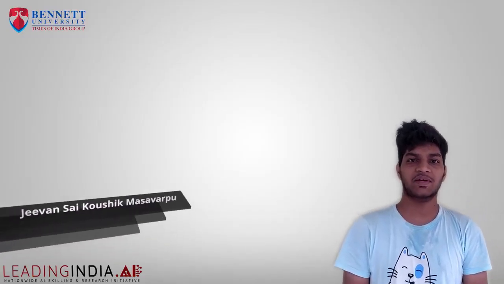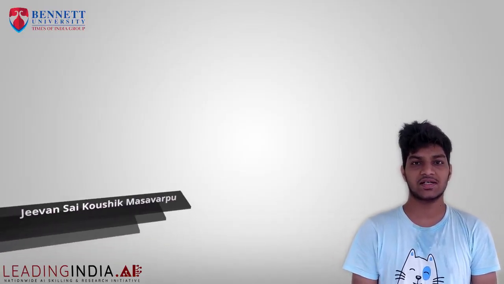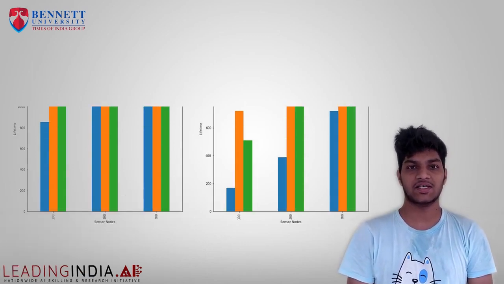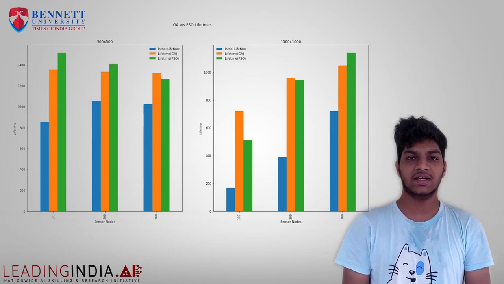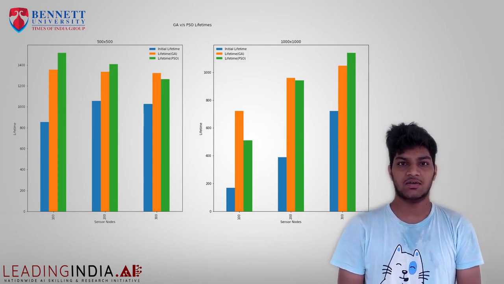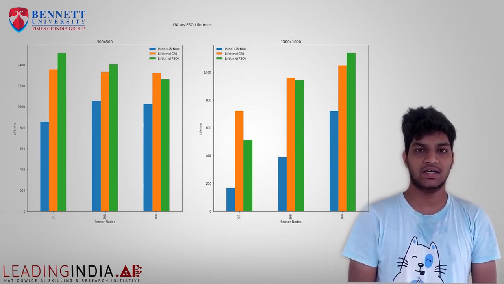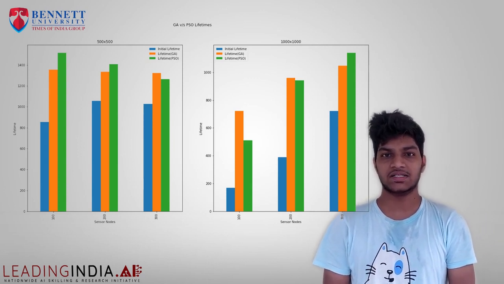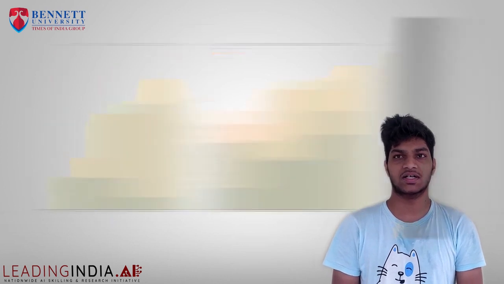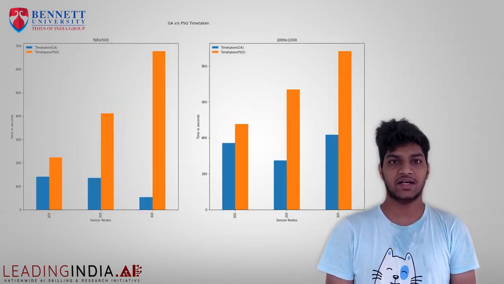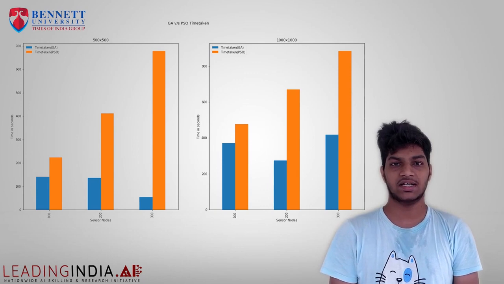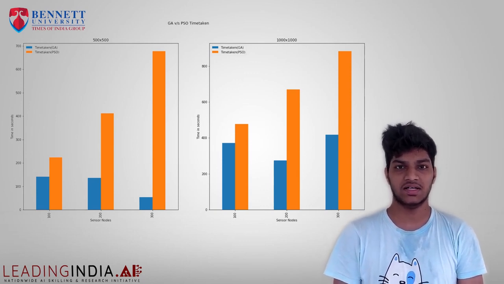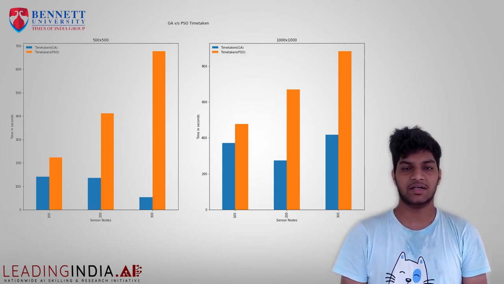Now that the working of PSO and genetic algorithms has been discussed, we'll move on to the results part. We have tested the genetic algorithm and PSO on a 500 by 500 terrain and a 1000 by 1000 terrain. A 50% improvement in the result was observed in the 500 by 500 terrain, and up to 180% increase was observed in a 1000 by 1000 terrain. On a 500 by 500 terrain, both the PSO and genetic algorithm have performed comparably. However, on a 1000 by 1000 terrain, PSO has performed better.